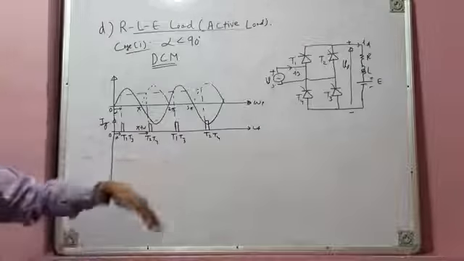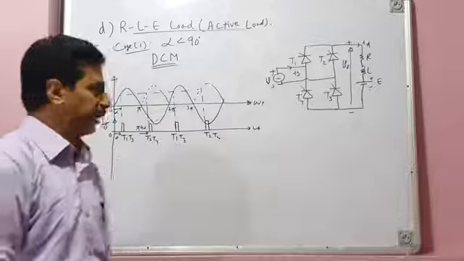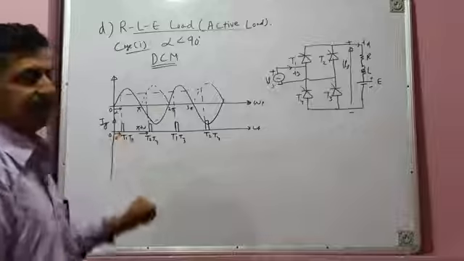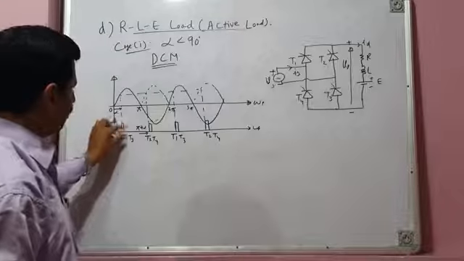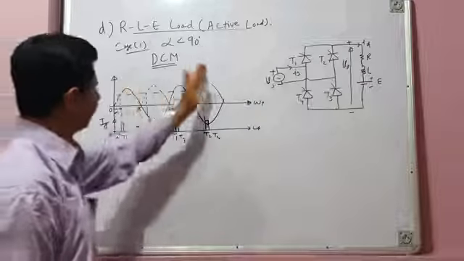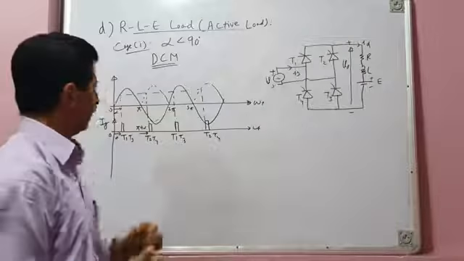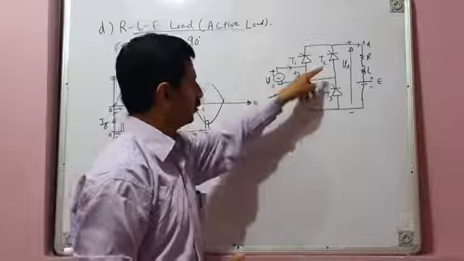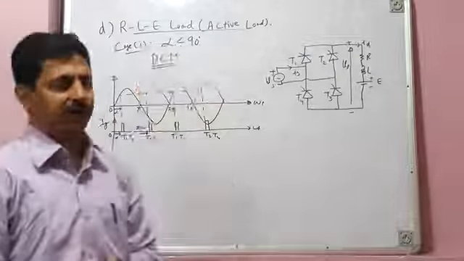So this shows how your control logic circuit should function. During each positive half cycle, after a delay of alpha, it should issue firing pulses to the T1, T3 pair simultaneously. And in each negative half cycle, your control logic circuit should issue firing pulses to the other pair of devices, T2, T4, simultaneously after alpha degrees.